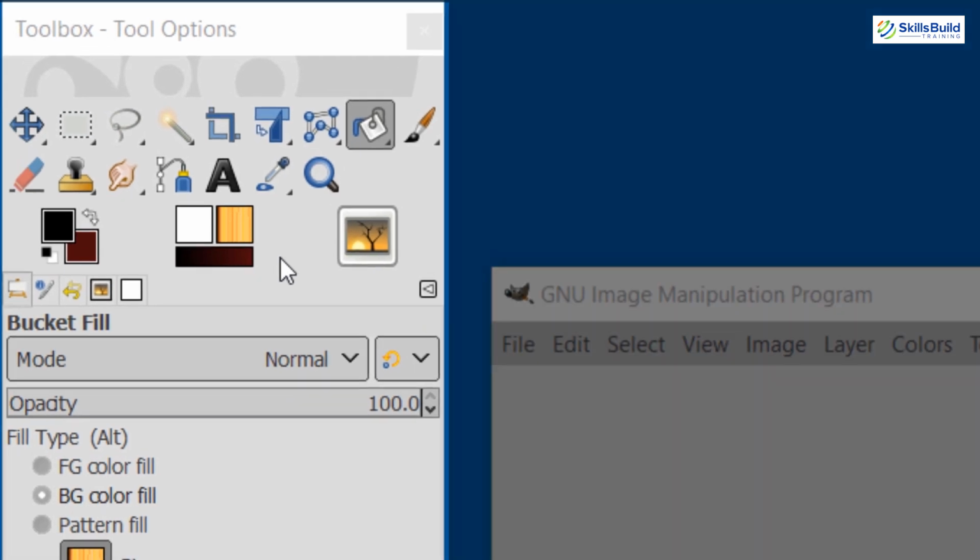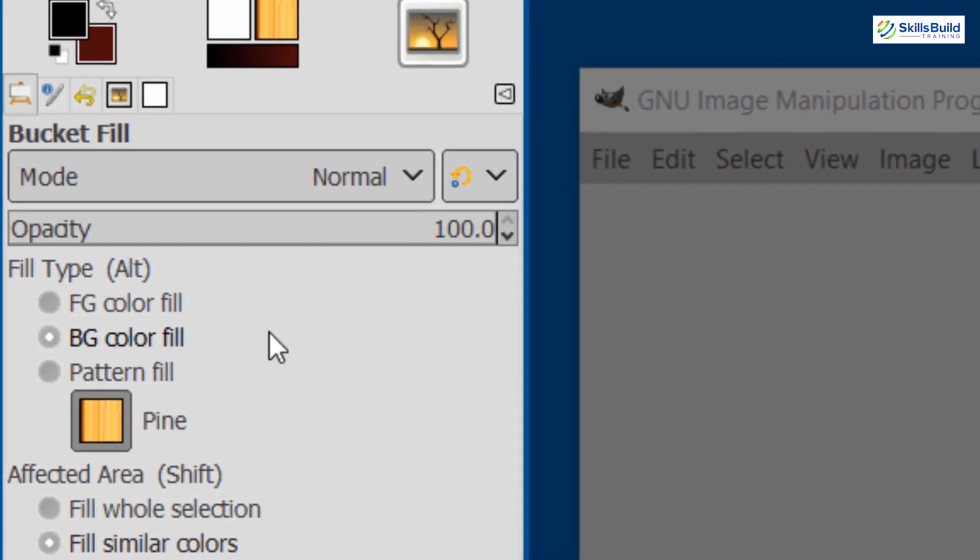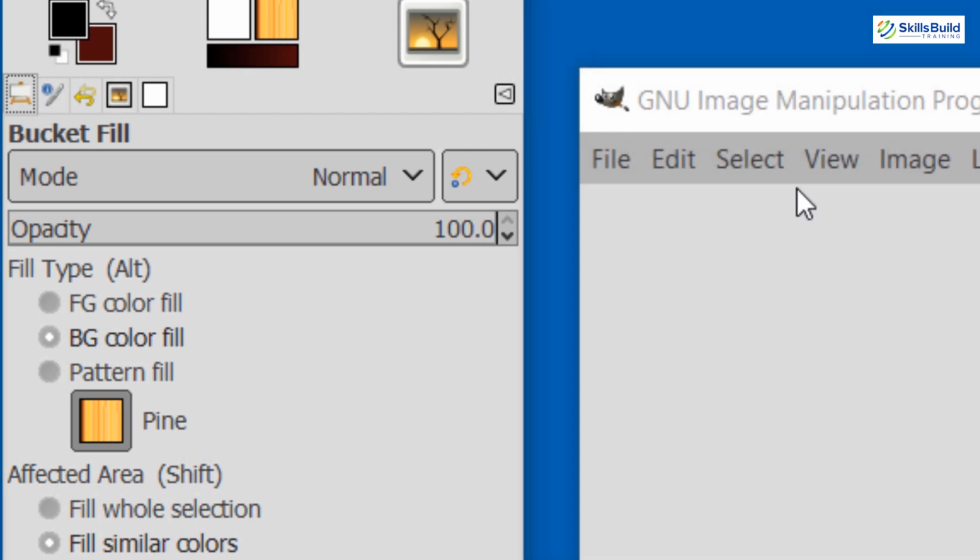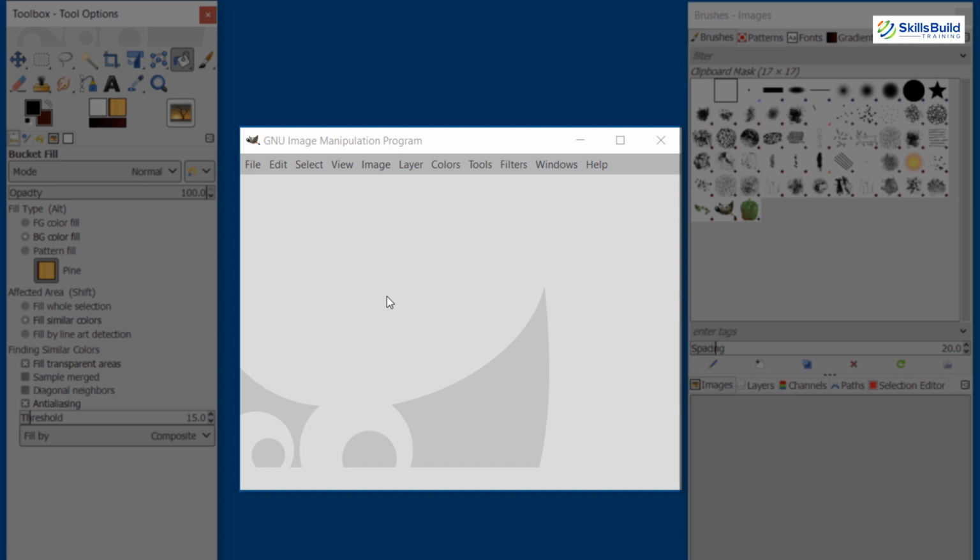This is the main toolbox. This is the heart of the GIMP. It contains the highest level menu, plus a set of icon buttons that can be used to select tools and more. Now here you can see the tool options. Docked below the main toolbox is a tool options dialog showing options for the currently selected tools. Now this is the image window.